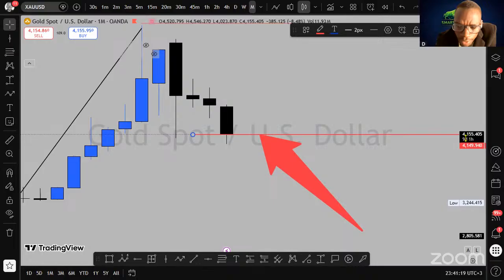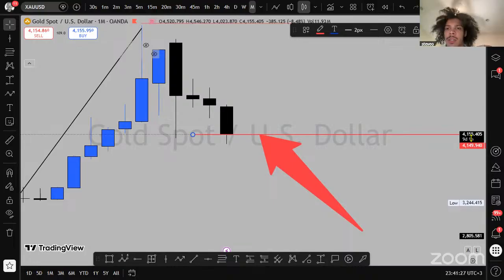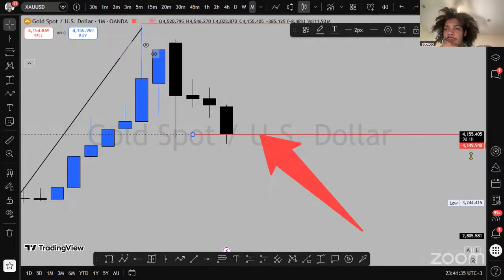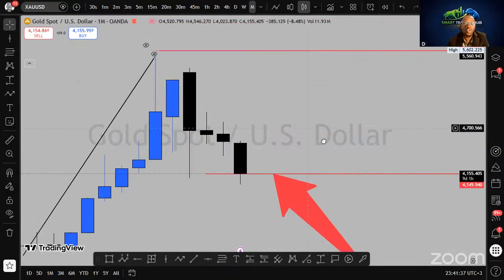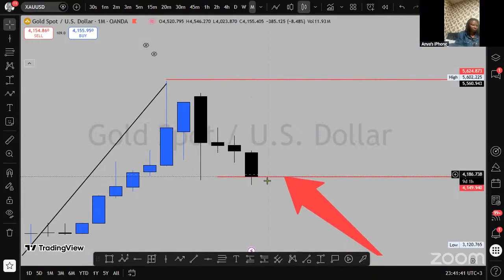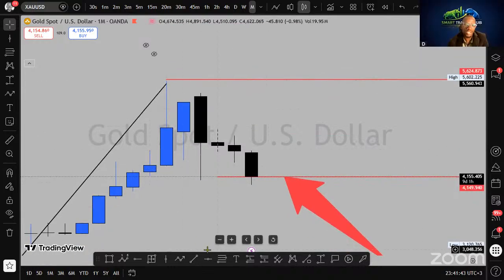4155.405. Are you able to see? Yes. So that is the price that gold is being traded right now. Okay. So is that high or is that low? So right now, depending on where it is coming from, it is going down, because you can see our peak